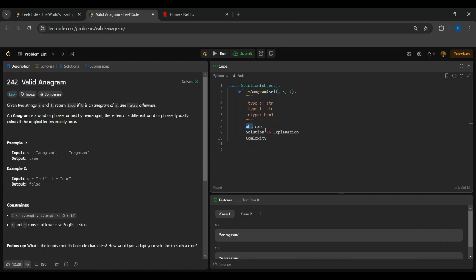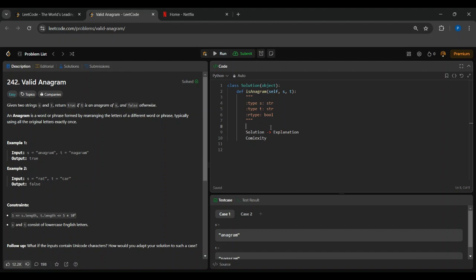They can be jumbled, but it should be the exact same letters with exact same frequencies. Right? If it is APC and this is DAB, then these two words are not an anagram. Fine. So I'll remove this one as well. So yeah, this is a little bit of explanation about anagrams